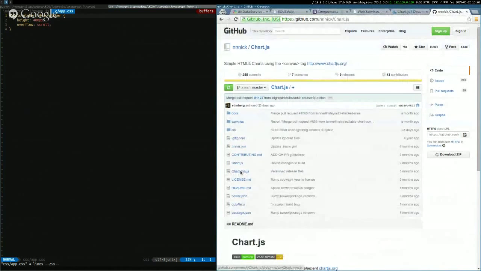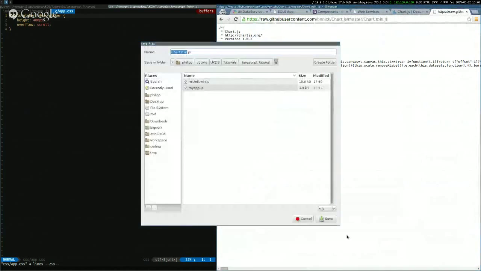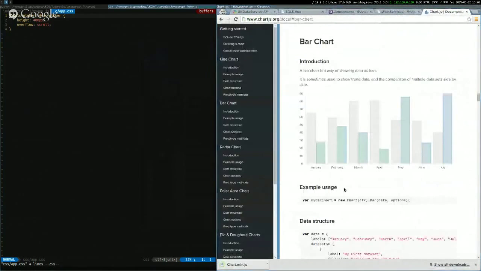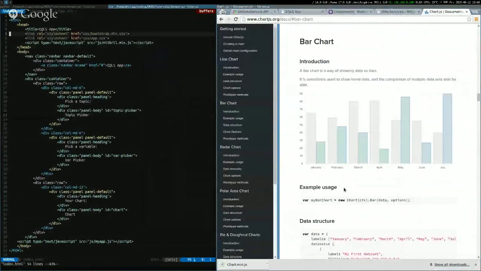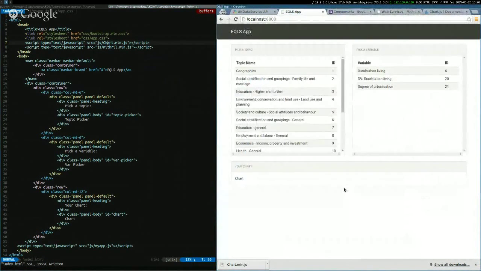Where is it? There, just a minified version. So that's good enough for us. So let's load that. Okay, so now if someone clicks on the variable,